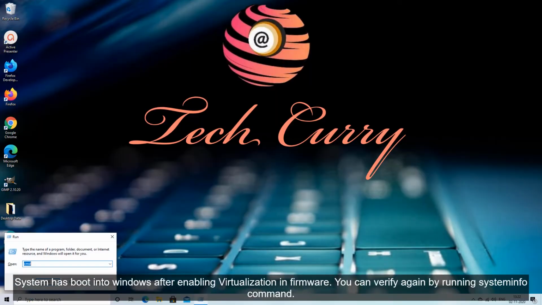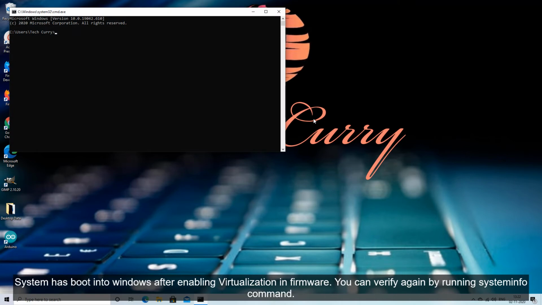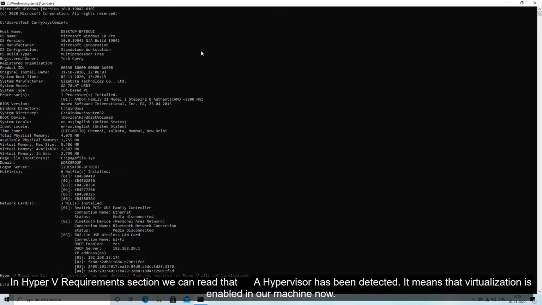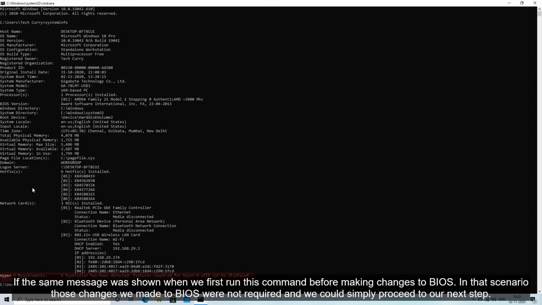System has booted into Windows after enabling virtualization in firmware. You can verify again by running systeminfo command. In Hyper-V requirements section we can read that a hypervisor has been detected. It means that virtualization is enabled in our machine now. If the same message was shown when we first ran this command before making changes to BIOS, in that scenario those changes we made to BIOS were not required and we could simply proceed to our next